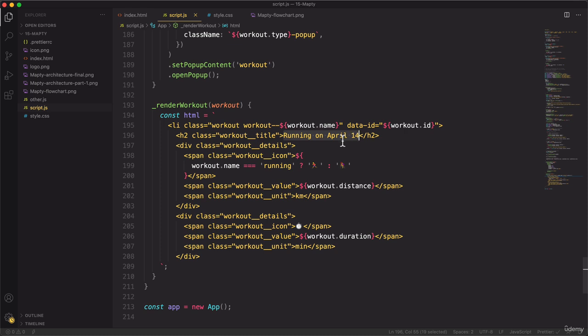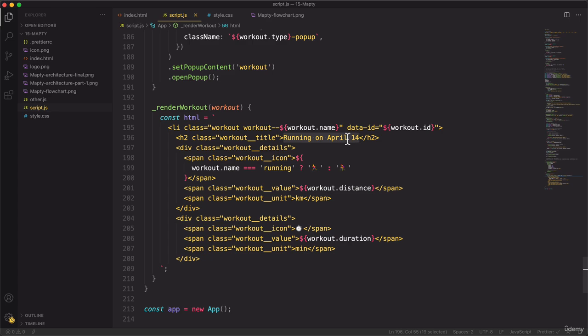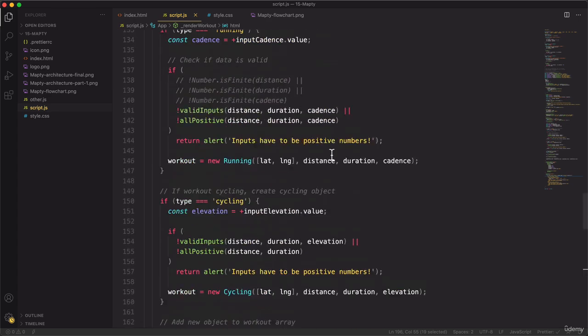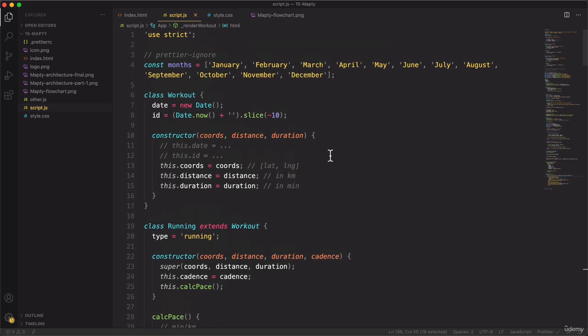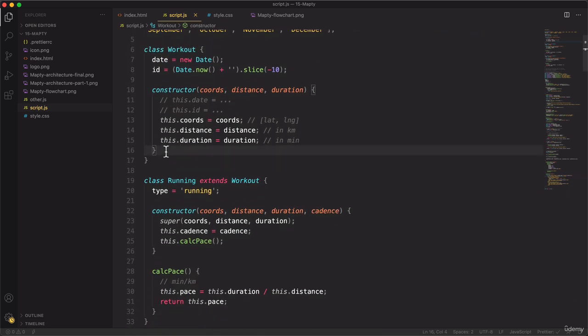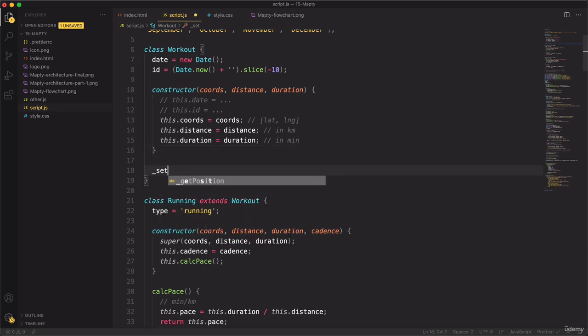Now finally, here we have basically this description of the workout, and it is composed of the workout name essentially, and then also the date, but nicely formatted. And the way that we're going to generate this description is by adding a new method on the workout, which will then create a description like this one immediately when the workout gets actually generated. Okay, so as I was just saying, here in the workout, I will create set